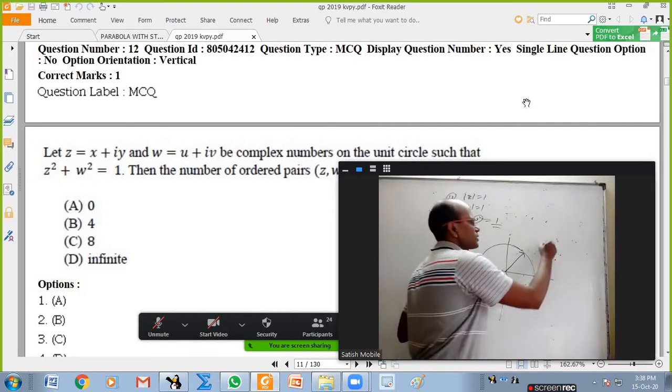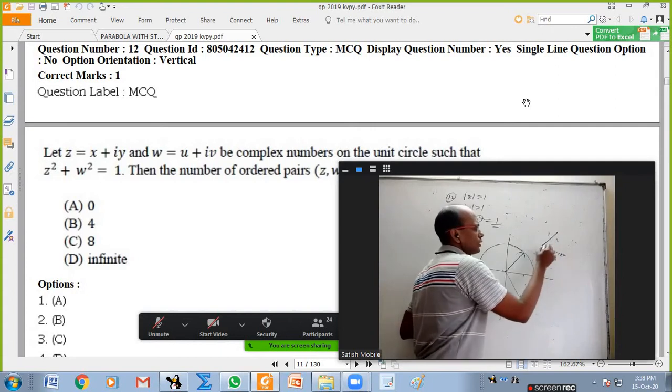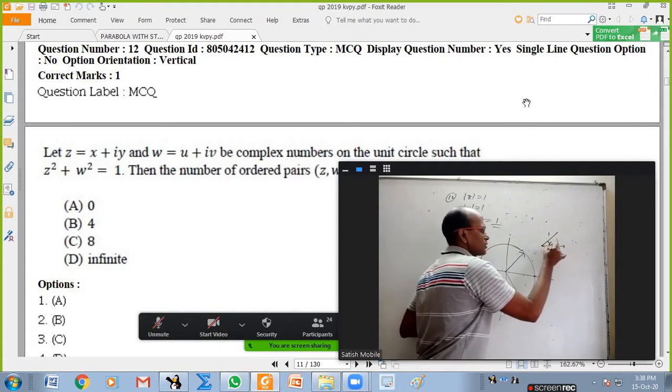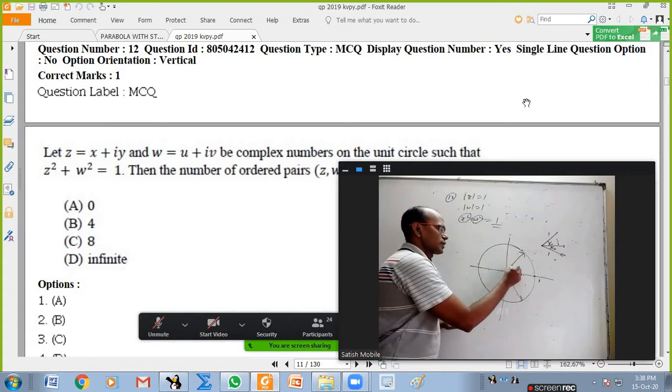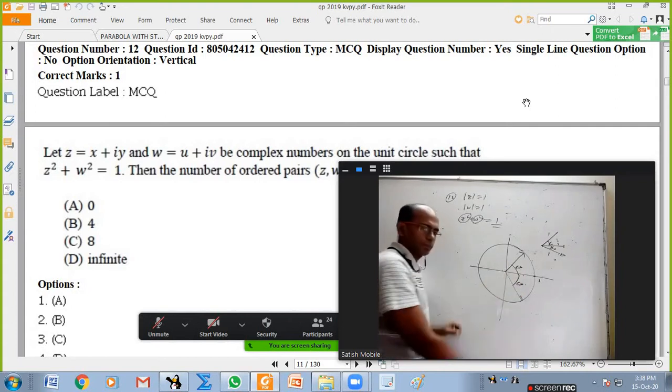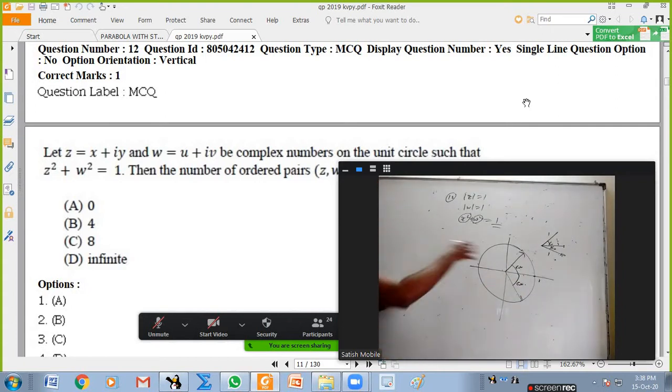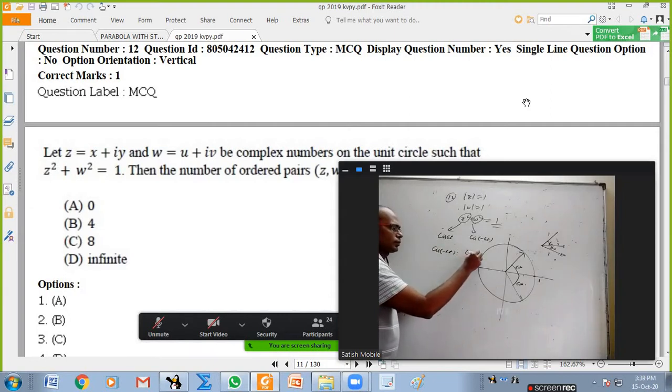So based on our discussion just now, if we take 1 and 1, the resultant will be 1, and this is 60, this is 60. So obviously it should be 60 degrees this way, 60 degrees this way. So I can directly say now z square must be cis 60 degrees, w square must be cis minus 60. Some of you will not understand what cis is in complex numbers. That is cos theta plus i sin theta. But don't worry. Or I can take cis minus 60 here and cis 60 here.